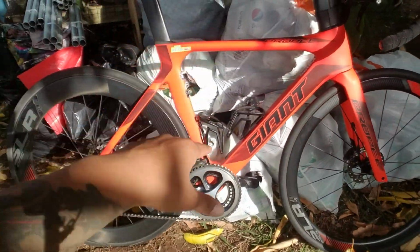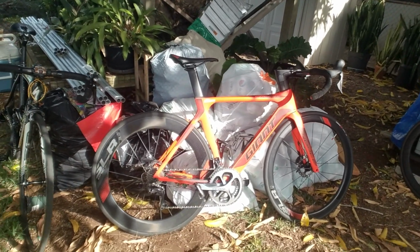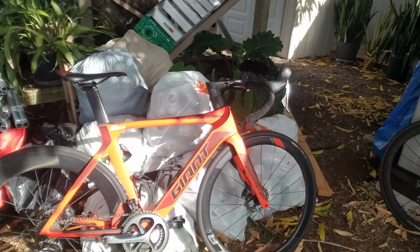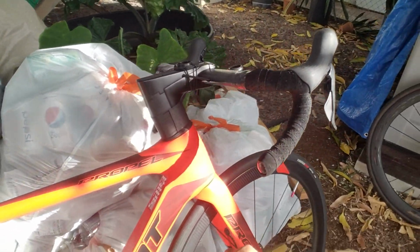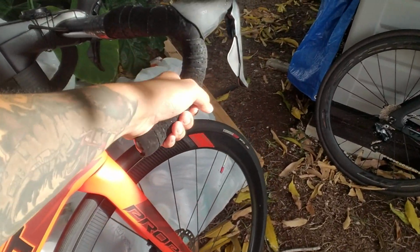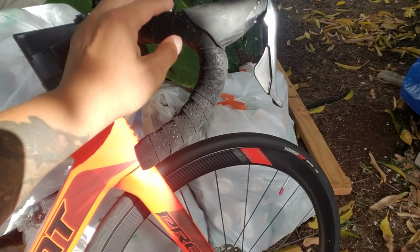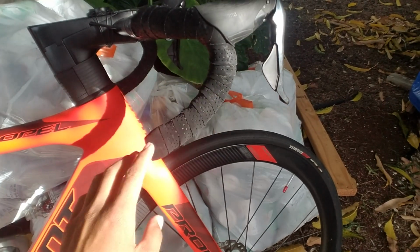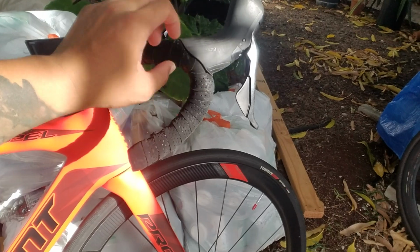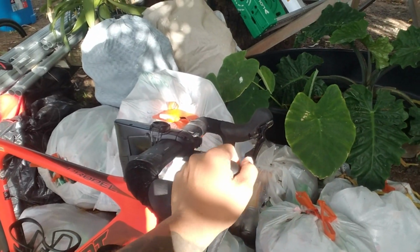And everybody likes the color of this bike. It is neon red for the record, but everybody calls it orange. And I like the minimal aesthetics of the bar ends. They're just basic. This is the tape that came on the bike. I do like it. I would definitely recommend it. I'm probably going to double wrap this and get rid of the gel just to decrease the bulk and the ease of rewrapping it. These are the bulkier hydraulic